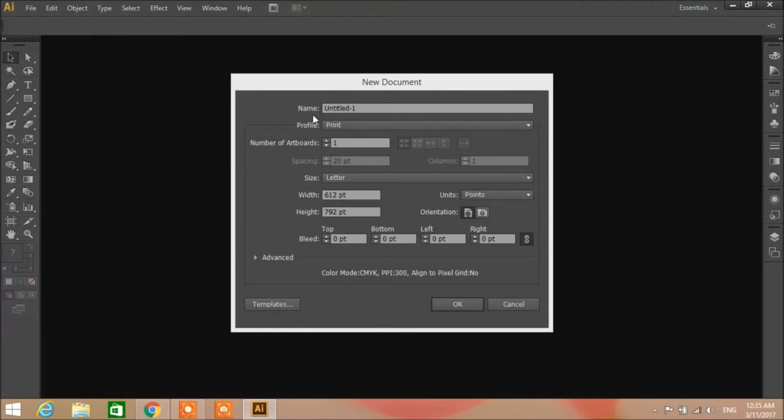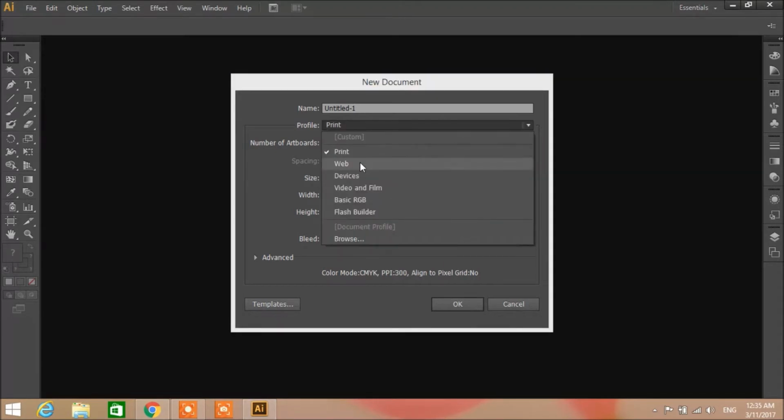Now, I'm opening a new document. That means a new document showing up from Illustrator. Now, you have multiple options here. You have web, you have device, which is you could connect from USB. You have video and film, basic, flash builder. Now, I'm going to explain later in this tutorial which one is doing what, but right now we have to